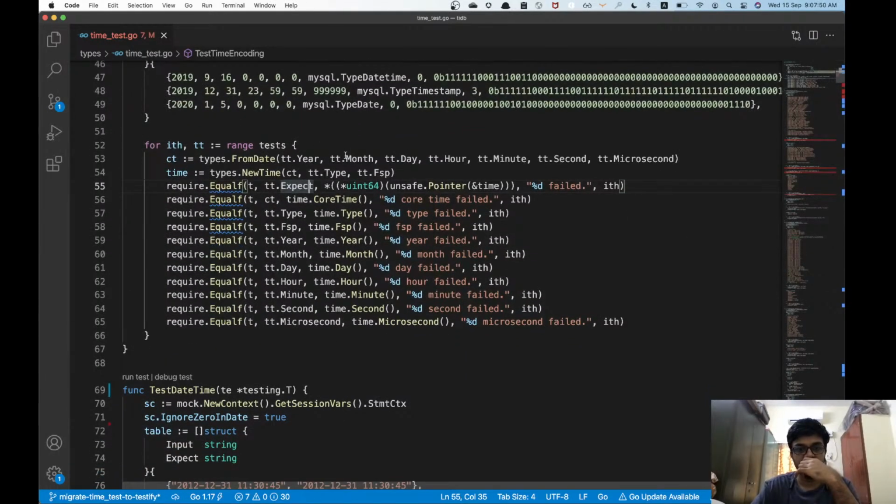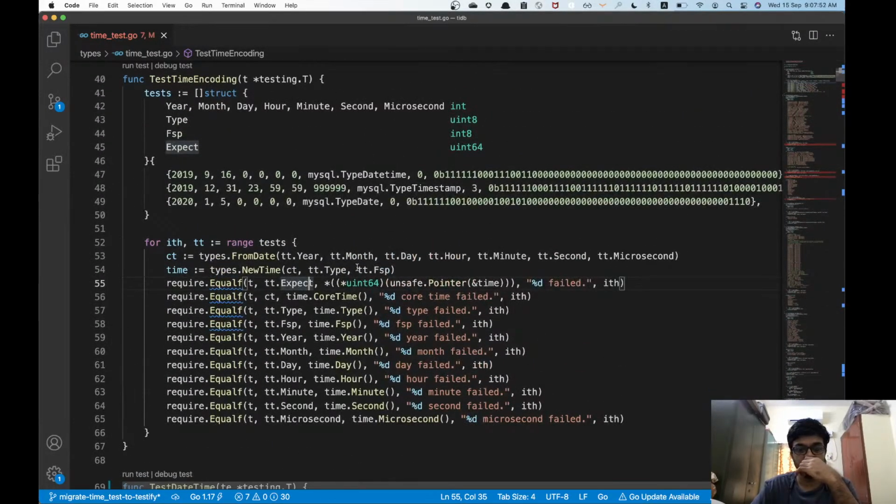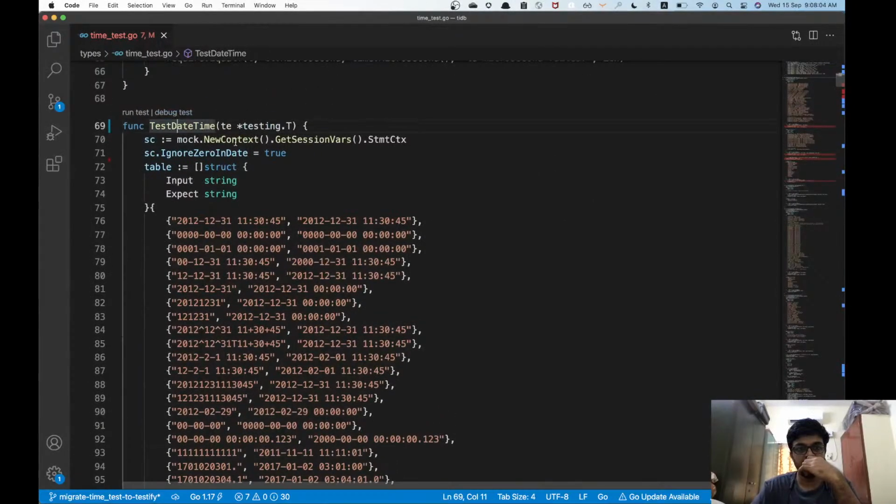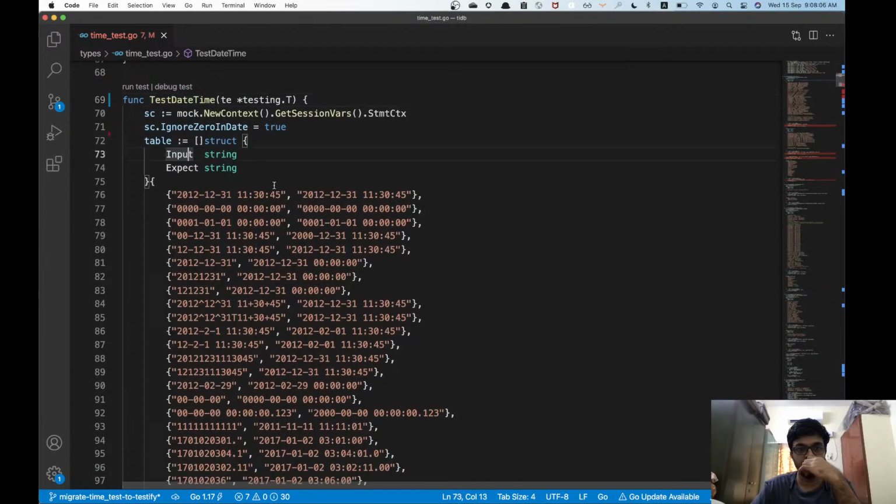Pretty straightforward stuff. Like giving in this input and then to this, and giving this input and then getting the same data out of this instead of this. Cool. So now test date time. What about this one? Input, expected. So cool, the input and output are the same. Yeah, not sure why they want to test that, but probably they're doing some changes.